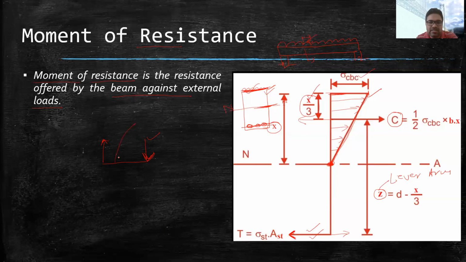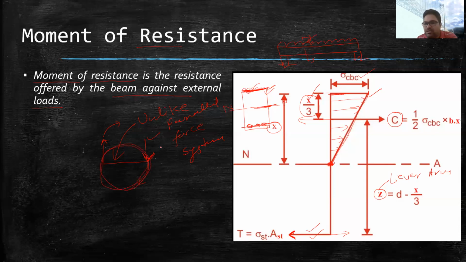So we call this unlike parallel force system. So unlike parallel force system makes a couple. So you see, this force is trying to rotate like this, and this force will try to rotate like this. So ultimately, what will happen? This rotation will occur like this.